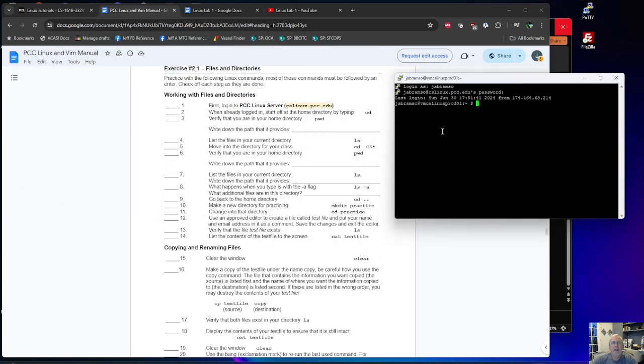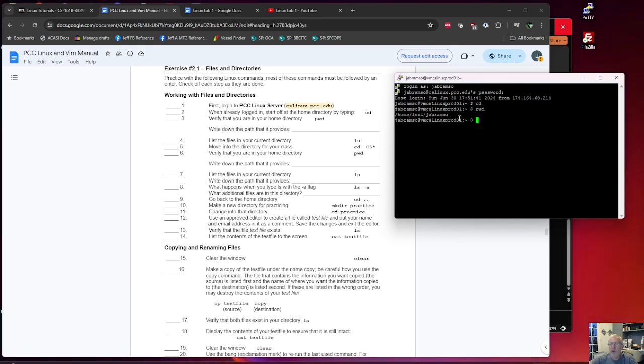this over here, right? When already logged in, I started at the home directory by typing cd. You can see I'm already at the home directory. I can type pwd, which stands for Print Working Directory. You can see that this is my working directory. It's going to look different than yours because I'm an instructor, so I'm in a different spot. And instead of having my first name dot last name, I have the more common up to 8 character Unix abbreviated